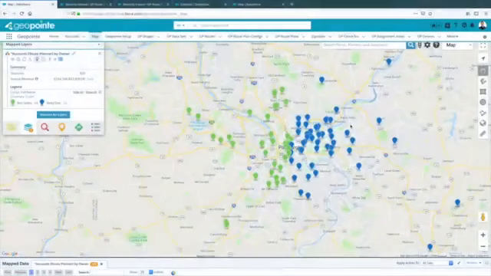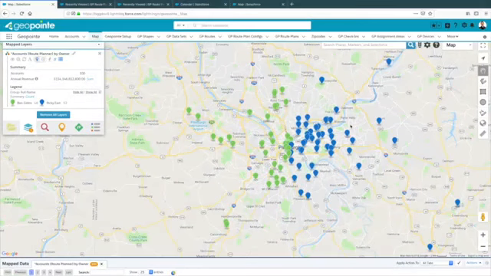Welcome to another Geopointers video, and today we're going to speak about our new product offering, Route Planner. You can see on the screen I'm within Geopoint on the map tab itself, and today I have a number of accounts which have been assigned by account owner, one to myself, Ben Gibbs, and then another to another account rep, Ricky East. And what I want to do is use our route planning product to automatically create routes for my final quarter in the financial year, and make sure I see all my set of accounts